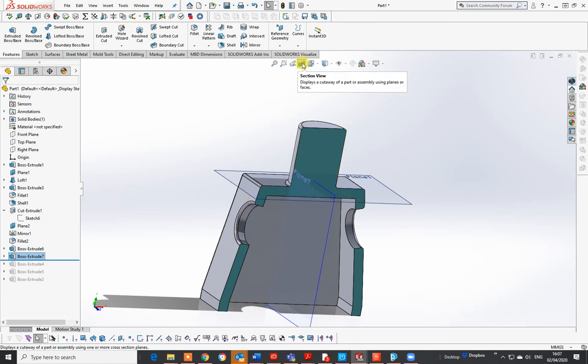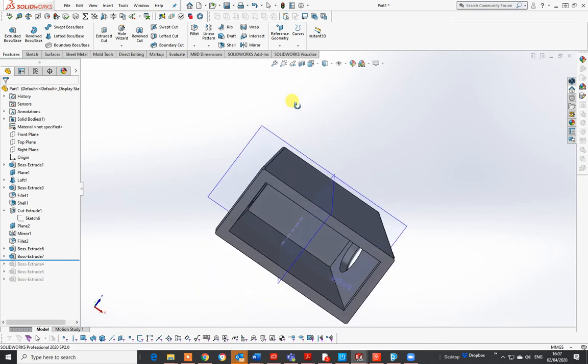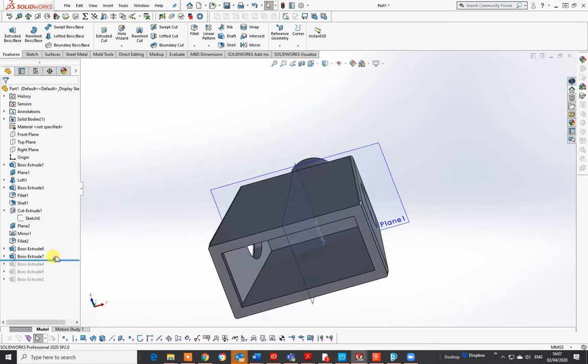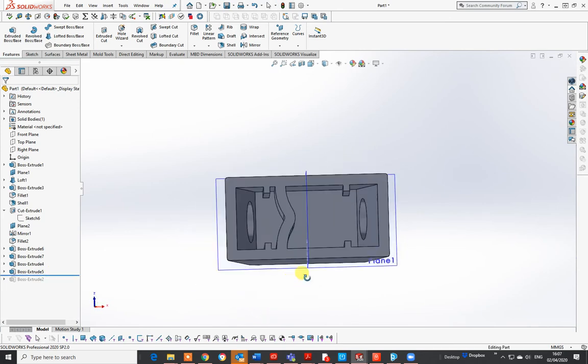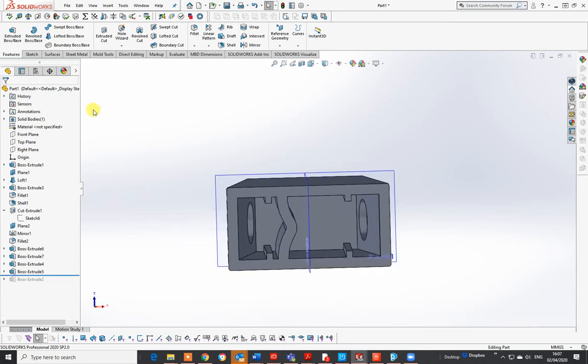So if I just take the section tool off, I can go back in, and if I pull down to the second to last one, you can see my part is back in there. Now I need that part over here as well. So if I go to